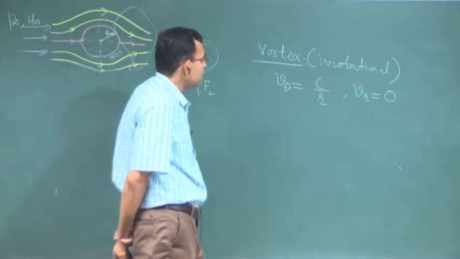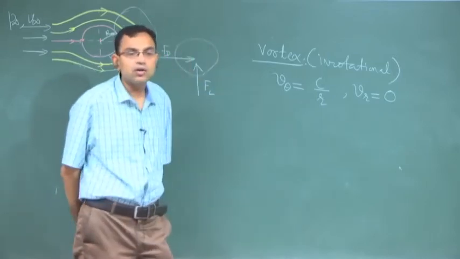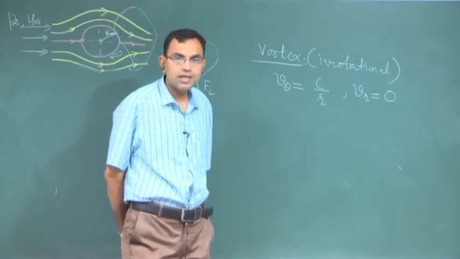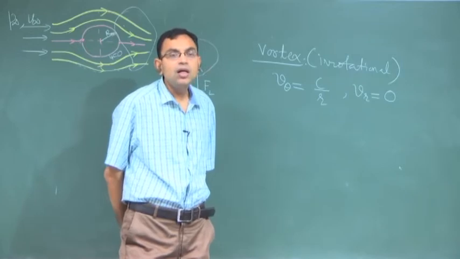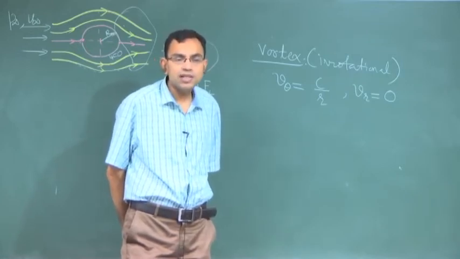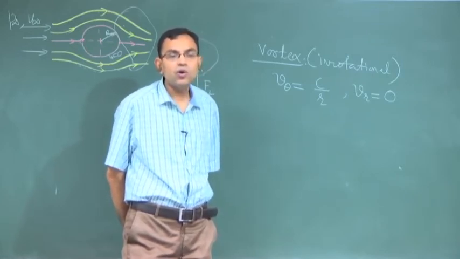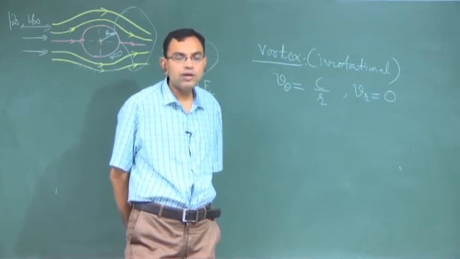So, the question is, what is the complex potential corresponding to this? That is the question, because we have to basically superimpose this with the uniform flow plus doublet to give a rotation to the